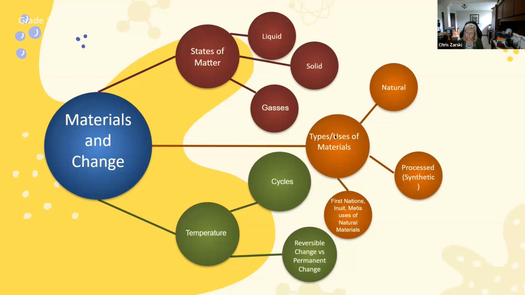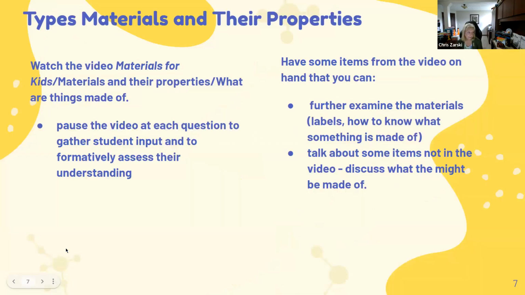So their uses, their purpose may also determine what product is going to be used to make them. And then we also look at what are some changes that could occur, what are permanent changes versus reversible changes, right? So if we talk about freezing water, we can turn it into an ice cube, but I can let the ice cube melt and I can turn it right back into water again, which is really a phase change that we're talking about in grade 6.